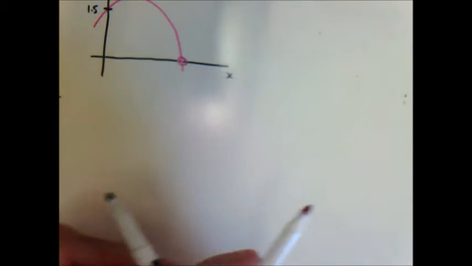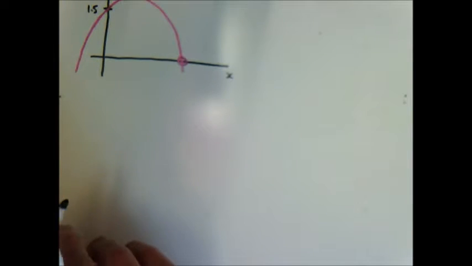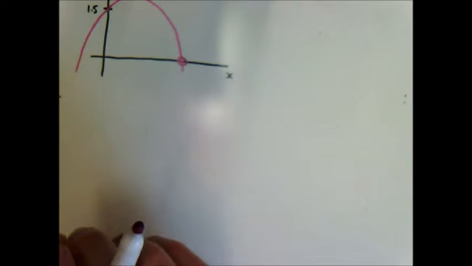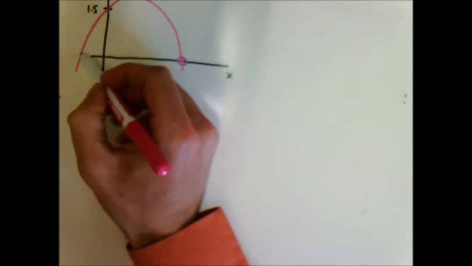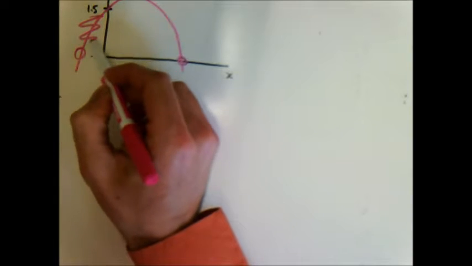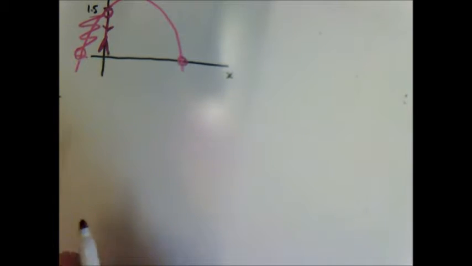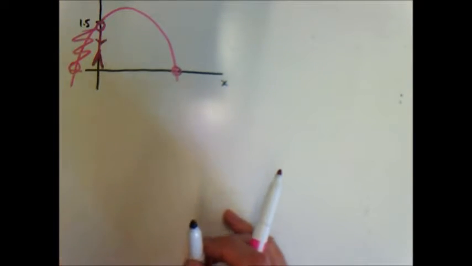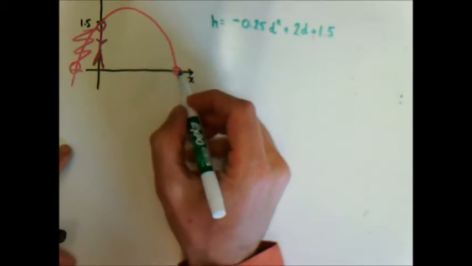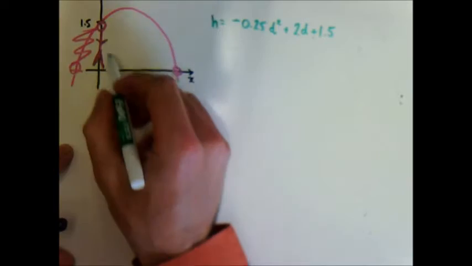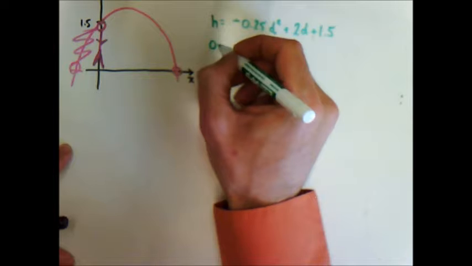So our goal is to find our two x-intercepts. There's not always going to be two, but in this case there is going to be two, but one of them is going to be irrelevant. Of course, the one behind the person who throws it. This one doesn't actually exist in this real life situation because our friend is throwing the ball from right here. Well, if the ball is going to hit the ground at our x-intercept, that's when the height is 0. So all I need to do is set h equal to 0,